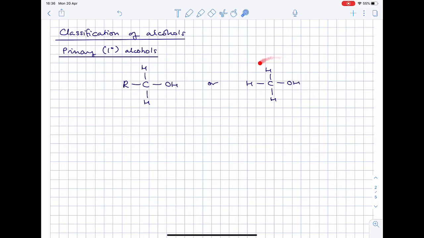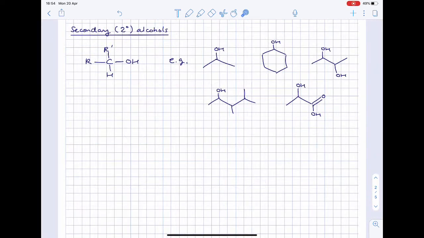So methanol is a primary alcohol because it's bonded to 3 hydrogens. So propan-1-ol here is also a primary alcohol, and so is ethanol here. You can also have primary alcohols where there is branching, but the OH group is still bonded to a carbon with 2 hydrogens. So here again, this is a primary alcohol because the hydroxyl group is bonded to a carbon with 2 hydrogens here. Secondary alcohols are alcohols where the hydroxyl group is bonded to a carbon with only 1 hydrogen